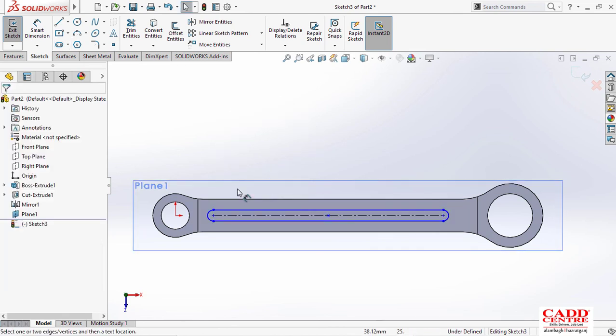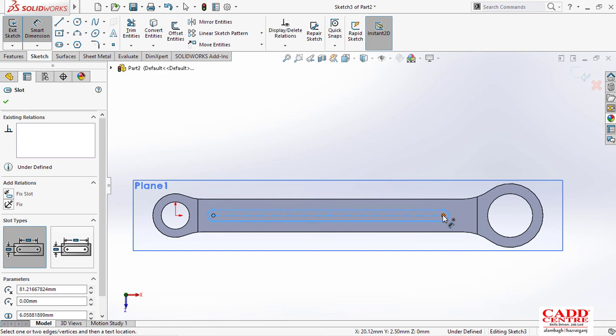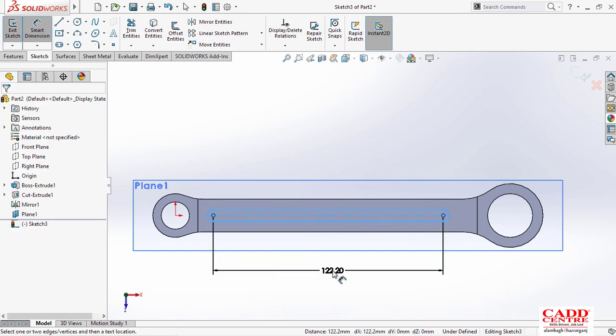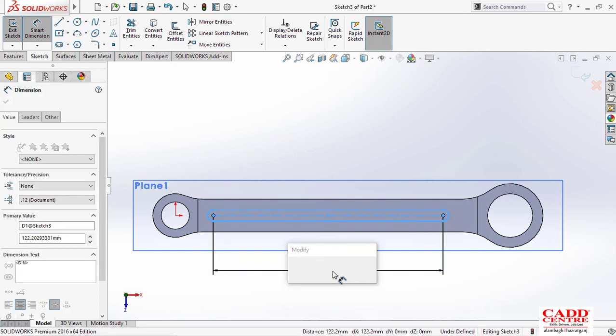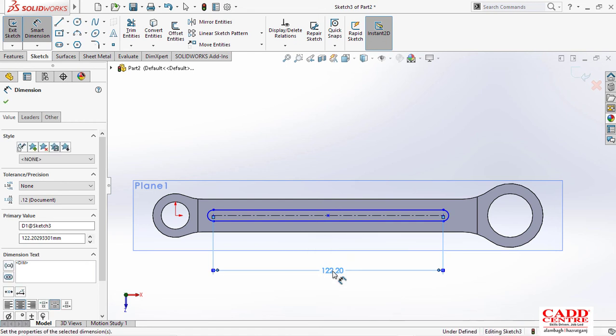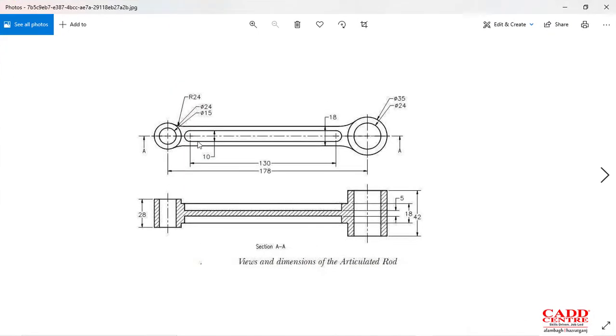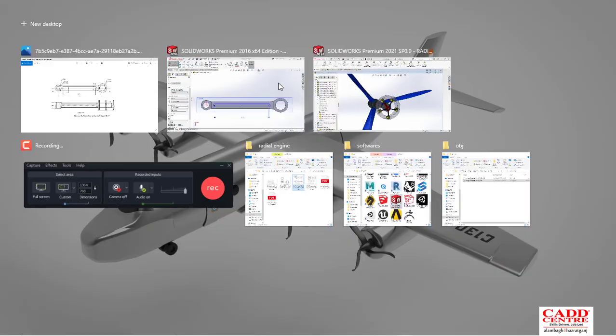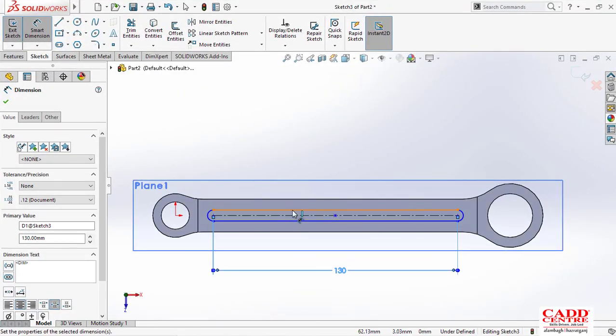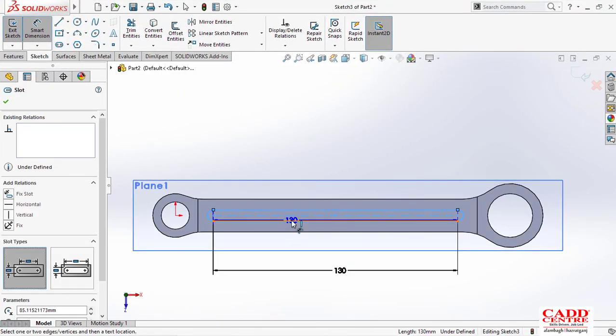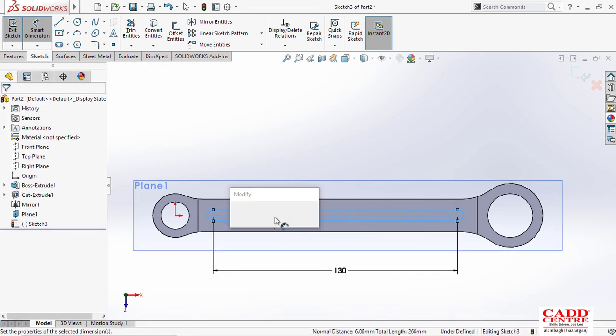Means the distance, this one and this one, it would be 130. They have not given from where it should be cut, so I'll just take 130 here, and the depth for it is 10. I mean the length, this and this, they have given 10. Just type 10.